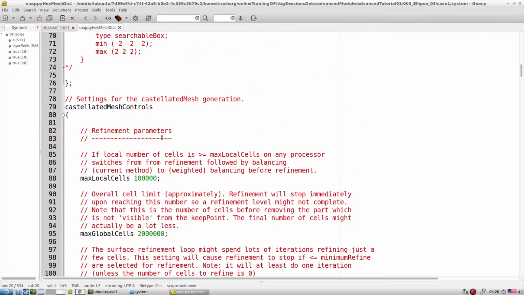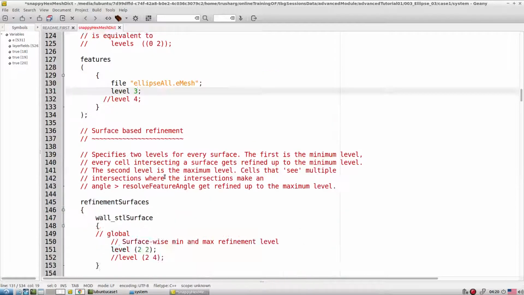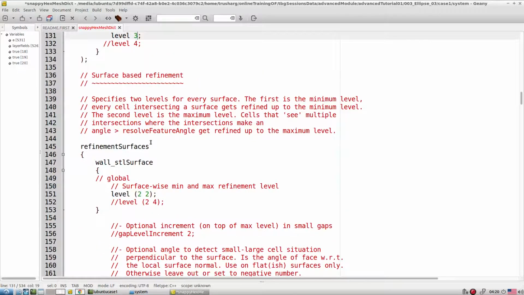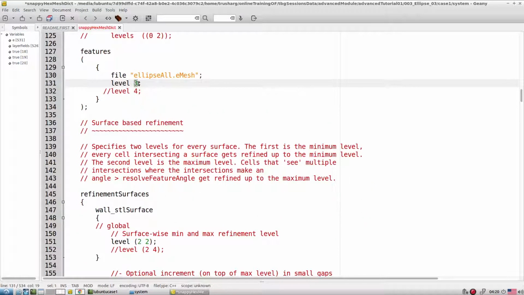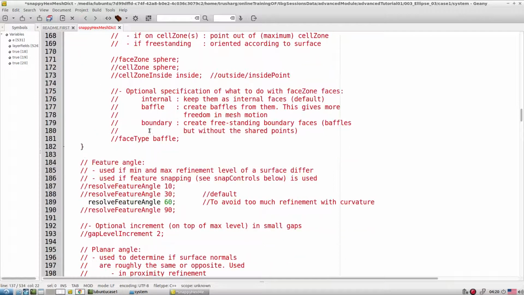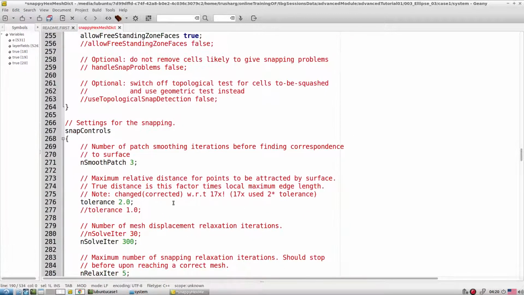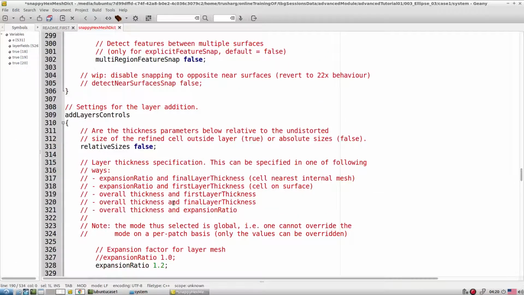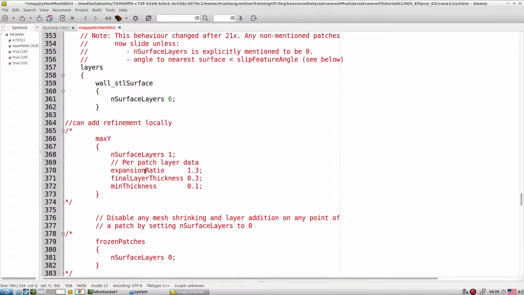We have a surface based refinement, and let's say refinement level equal to 4. If you want, we go with that. Okay, and features. Let's start with the basic layers, so let it be 0 only. Later on we increase. Then resolution we didn't change. Then in the snap control, everything is perfectly all right. From the layering part we didn't change anything. So here are all the layers with default settings, and we want 6 layers on our mesh.